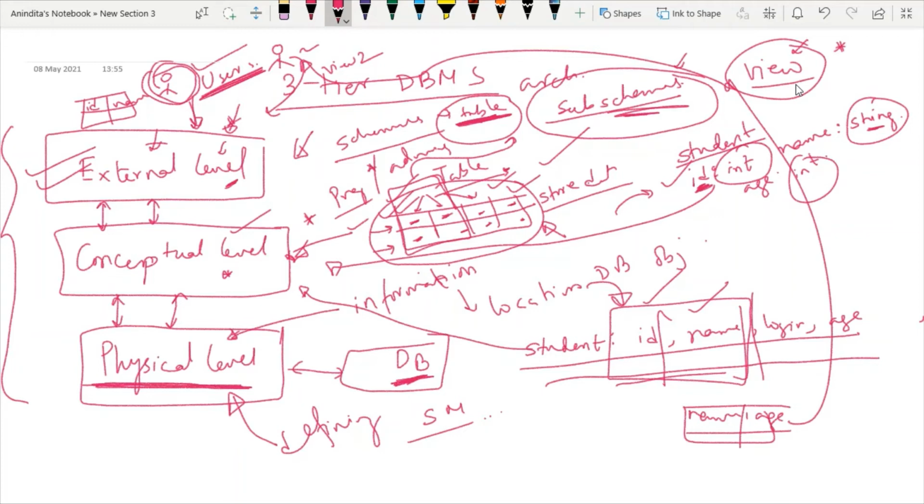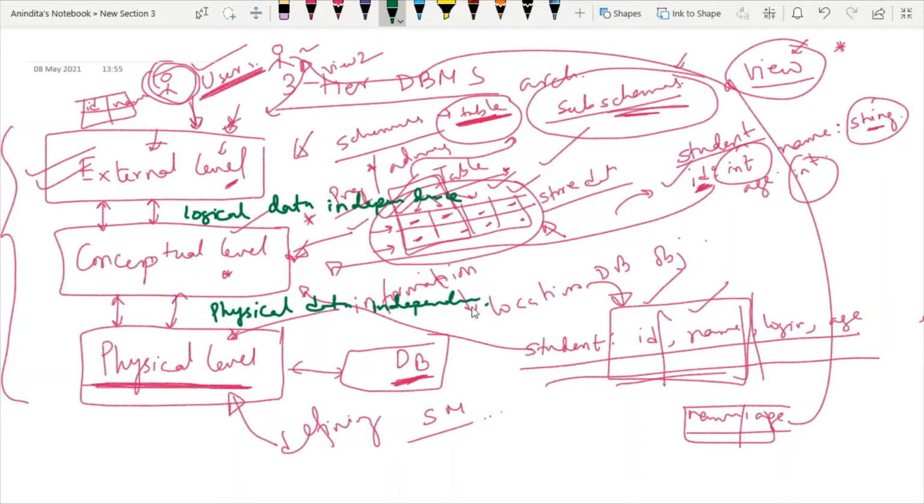However, there exist some more details, and there is a question that may be asked in your interview also. You have to understand: in three-tier architecture, there exists the concept of data independence. At this point of time, we are concerned about logical data independence, and at this point of time we are concerned about physical data independence.